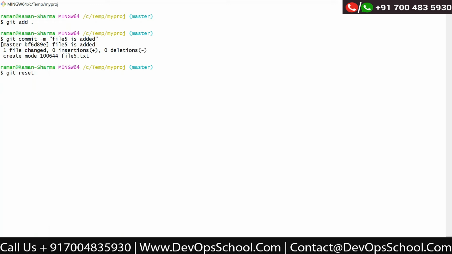So it means I'm reverting back completely, not even in the untracked area. So if I say reset and if I say hard, okay, this command, if you are executing in your development environment, then you need to be very careful, because it will totally change or remove the commit.